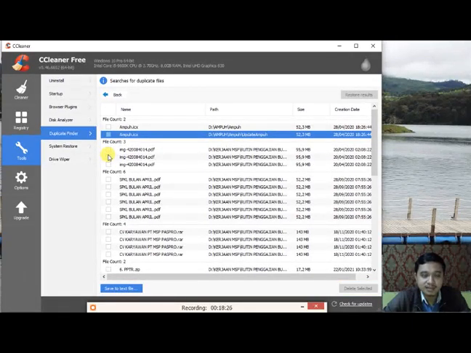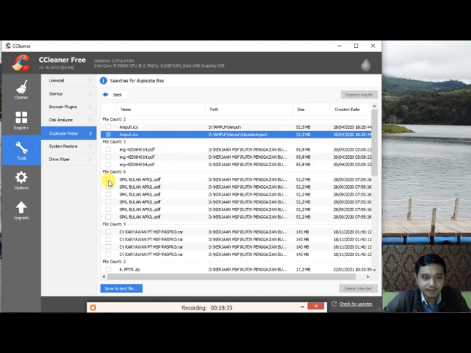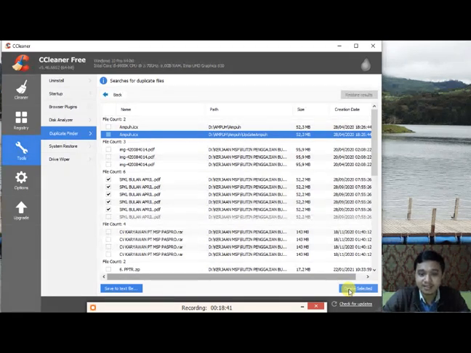We cannot delete all files. Okay, when you have selected the files, if you want to delete them, you can click delete selected, and CCleaner will delete them for you.